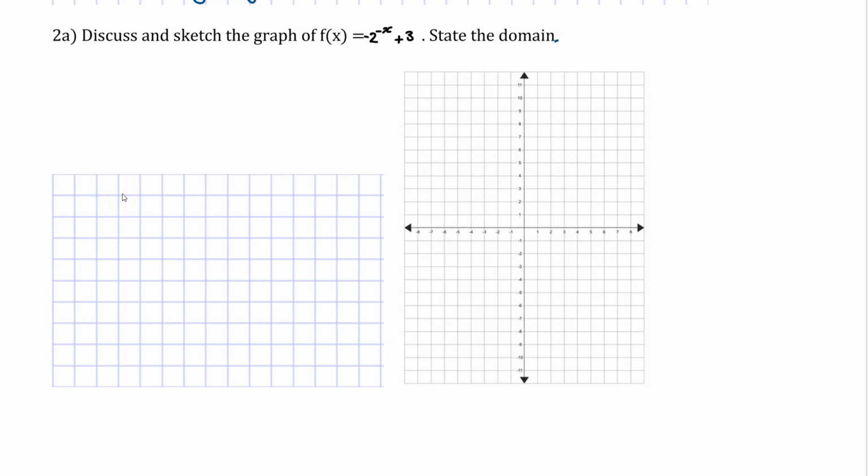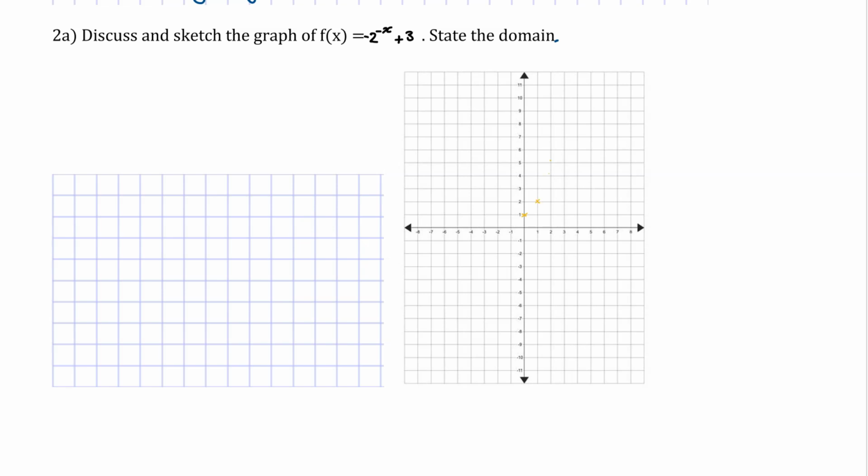Welcome back. In this video, we're going to have a go at sketching a more difficult function. So we're going to discuss and sketch the graph of f(x) = -2^(-x) + 3. The first thing we can see about this graph is that if we compare it to, say, our base graph of y = 2^x,